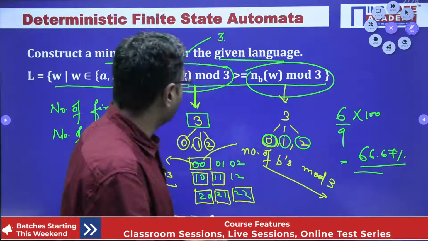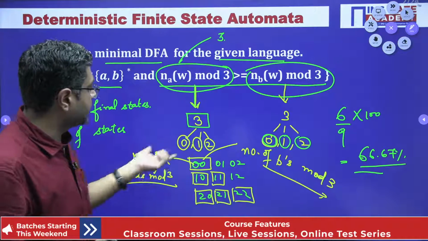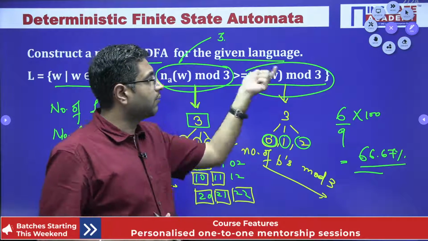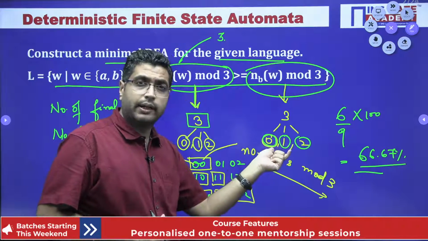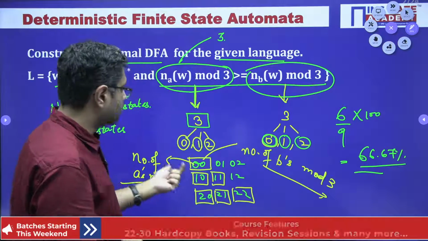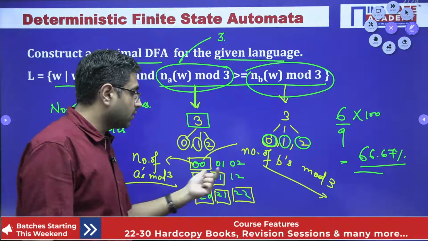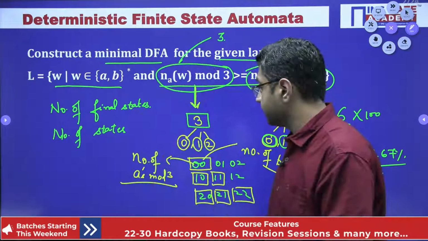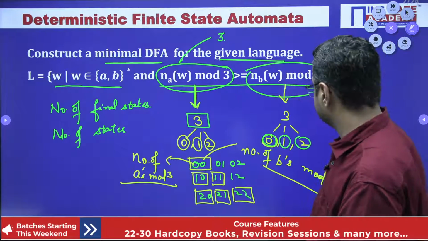So over here, if we see, there are 3 possibilities. Your remainder, number of A's mod 3, can be 0, 1 and 2. Number of B's in W mod 3 can be 0, 1 and 2. So what are the overall possibilities? 0 0, 0 1, 1 0, 2 1, 0 1, 1 1, 2 2, 0 2, 1 2, 2, right? So when you say all these things, you can see that